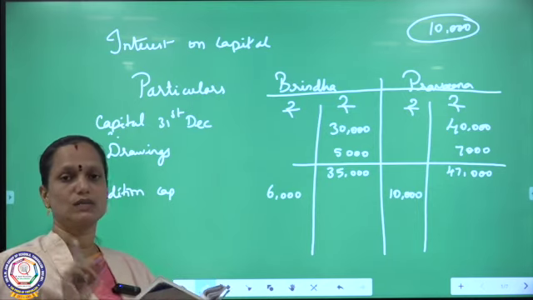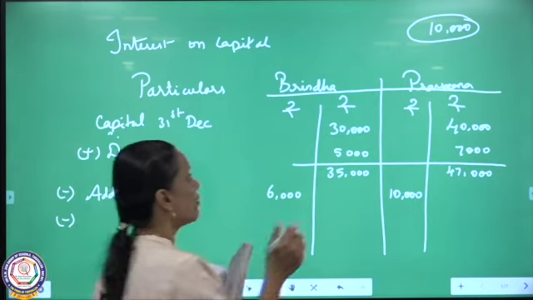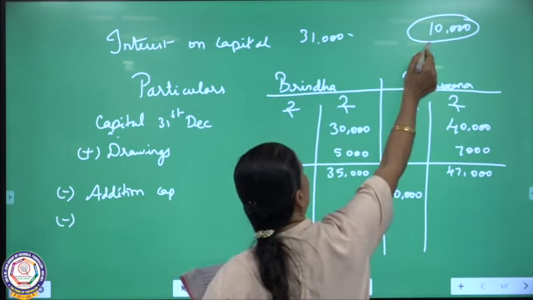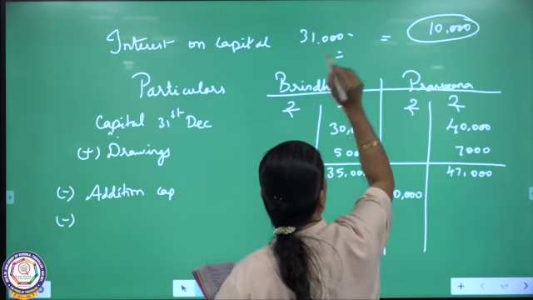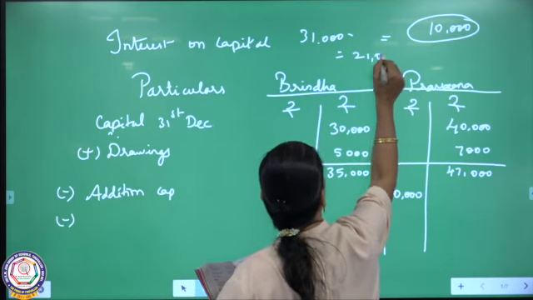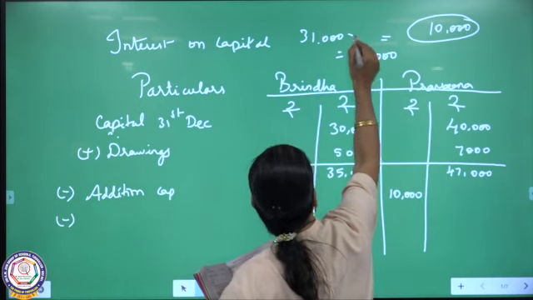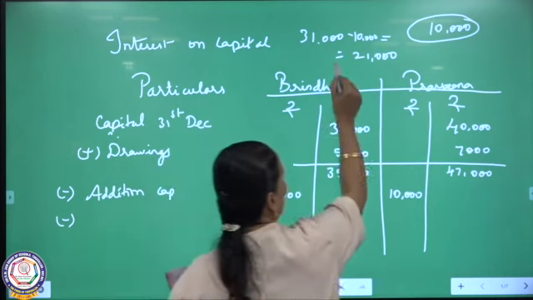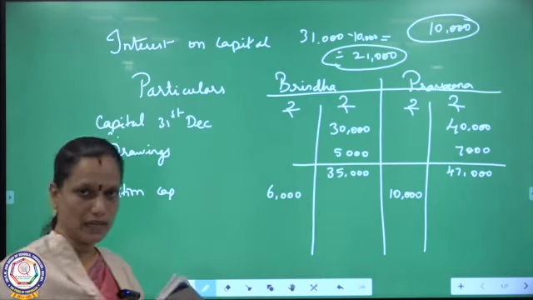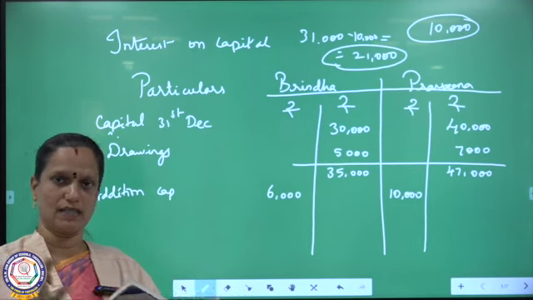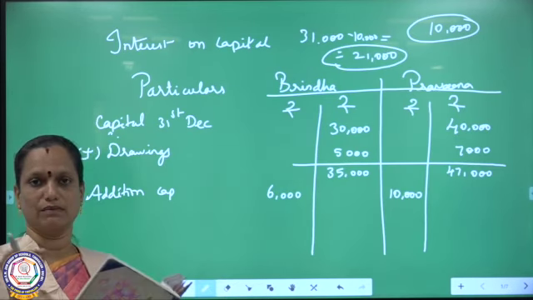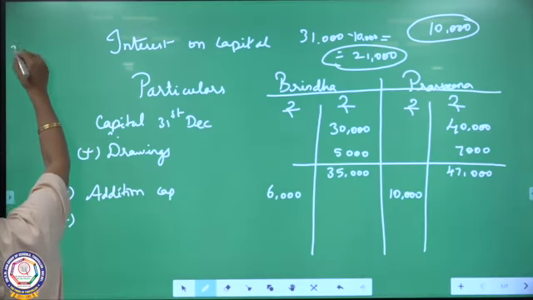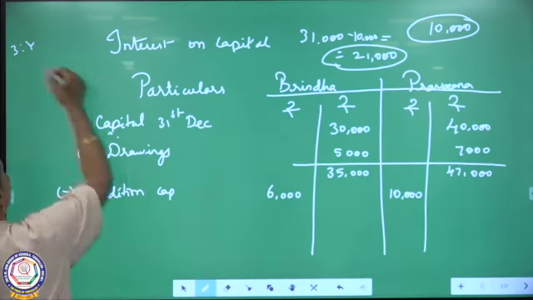So, 31,000 they got profit. Okay, how much they got profit? 31,000. Okay. So, 10,000 you have to subtract from this. So, they will be getting 21,000. Okay. In this 21,000 only you have to share their profits. Profit sharing ratio how much they have given? 3:4.